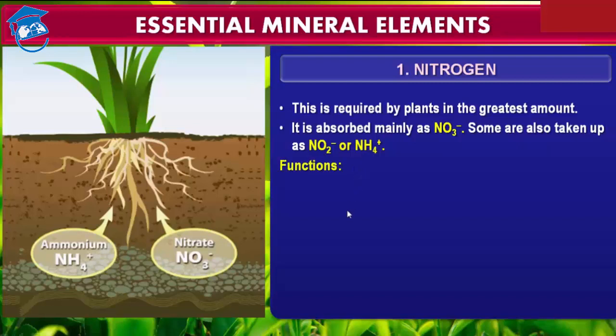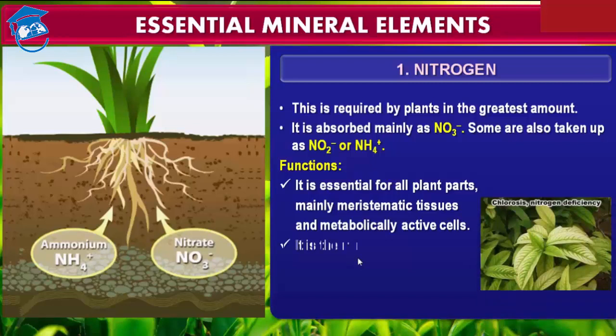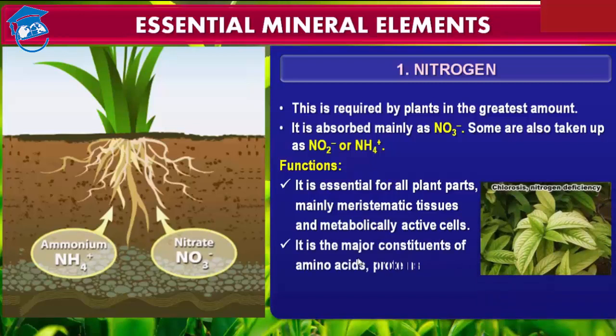Okay, now what's the function, students? It is essential for plant parts, mainly meristematic tissue and metabolically active cells. It is the major constituent of amino acid, protein, nucleic acid, chlorophyll, vitamins and hormones. So these are the functions of nitrogen: it is essential for plant parts, mainly meristematic tissue, where